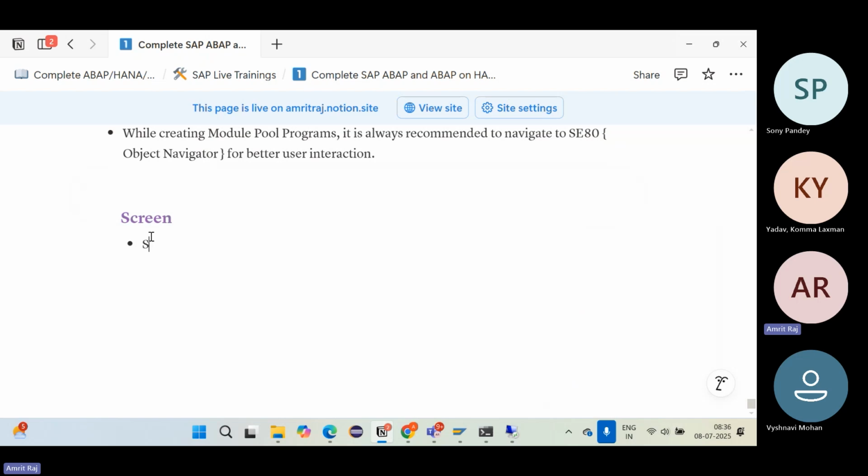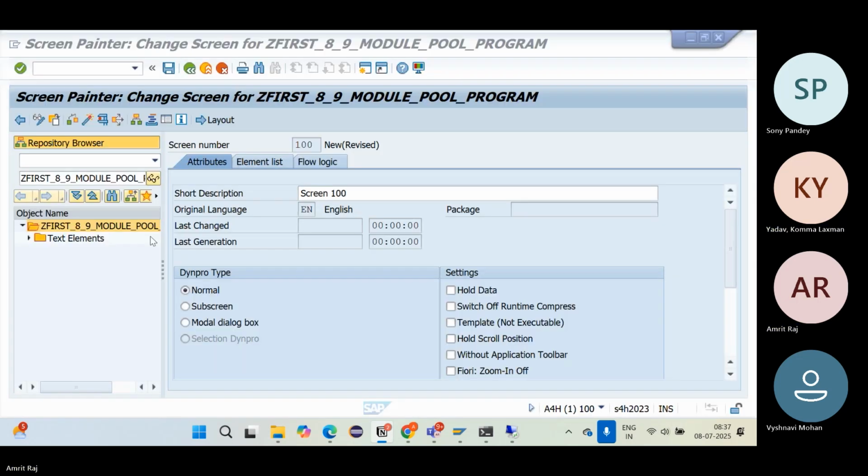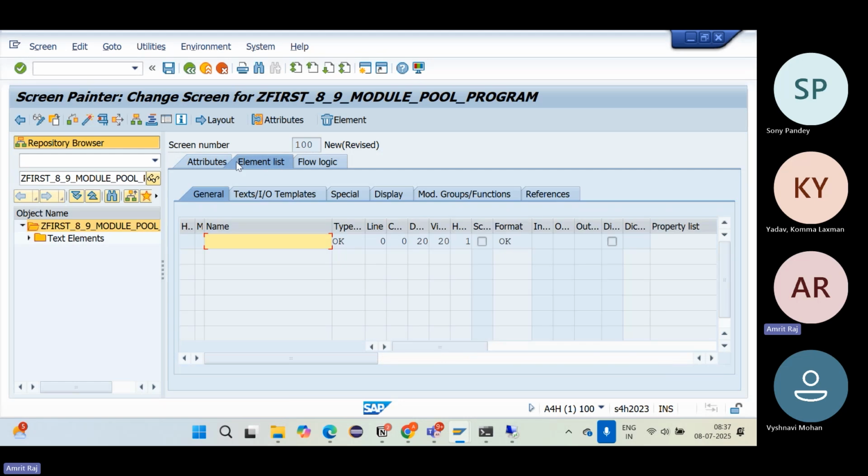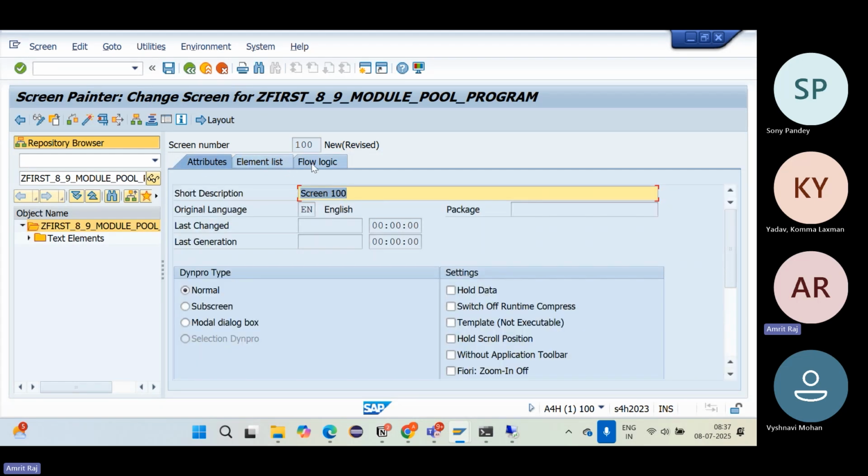So what we can say, screen is something which is used for user interaction, correct? For taking input and returning output, right? Tell me, am I wrong? Yes, correct. This is the normal definition, correct? Now, if you check here a screen, you can see here 3 tabs: attribute, element list, and